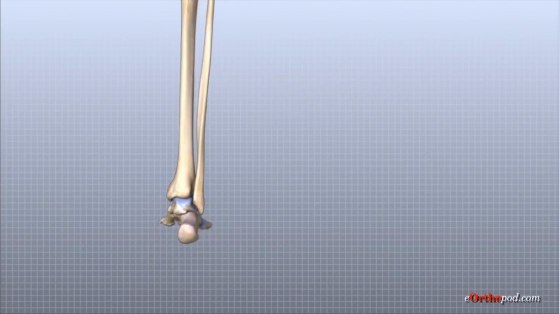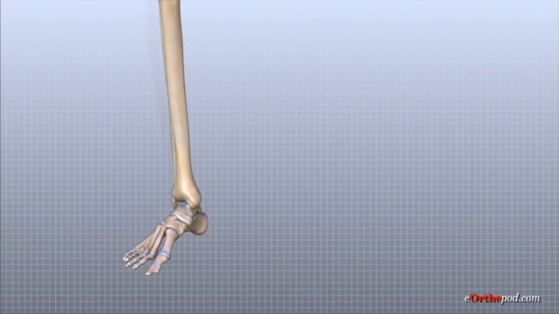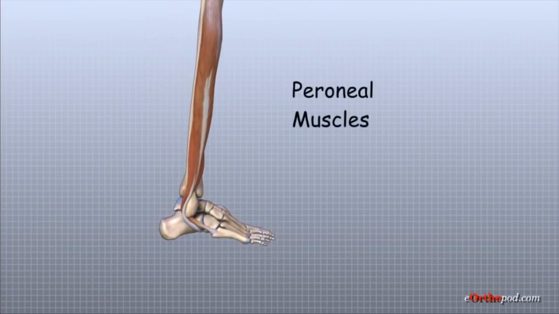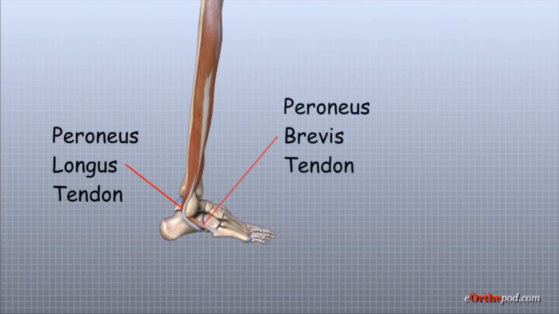The anterior tibial tendon attaches the anterior tibialis muscle to the foot and allows us to raise the foot. The 2 peroneal tendons run behind the lateral malleolus and help turn the foot down and out. These 2 muscles and their tendons are called the peroneus longus and the peroneus brevis. As you might guess by the name, the peroneus brevis is the shorter of the 2 and attaches to the base of the 5th metatarsal, while the peroneus longus runs further before attaching under the foot.